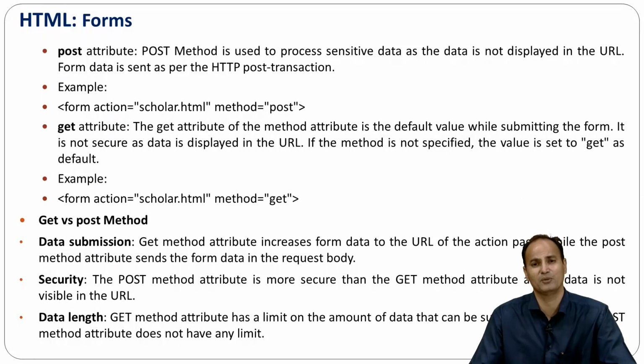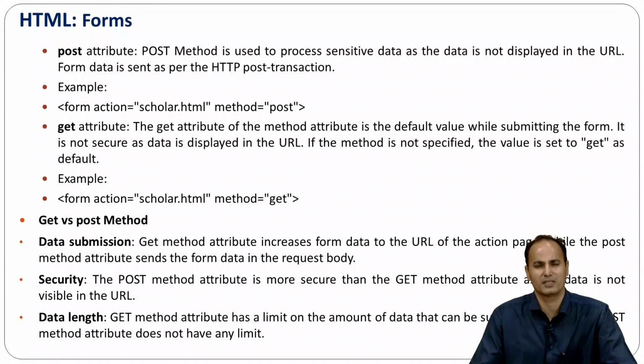So the get value of the method attribute is the default value while submitting the form. It is not secure as data is displayed in the URL. If the method is not specified, the value is set to get by default. Okay, so by default the value set is get. And so whenever any valuable information is not passed through the form, then you should always go for the get